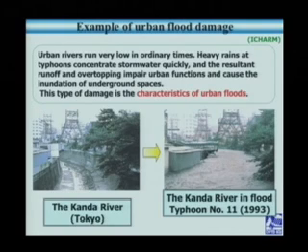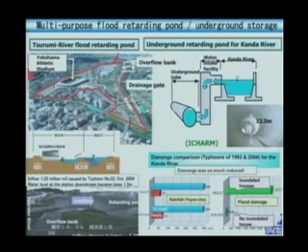And this is a very interesting urban flood situation in Tokyo, the Kanda River. The Kanda River is a very urbanized river, a very small one. And in a typhoon event, the Kanda River will be something like the right-hand side photo. It is almost flooded and many economic damages will come during such flood events, even today.